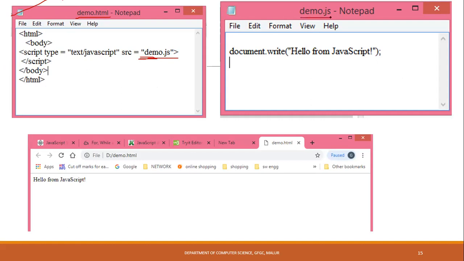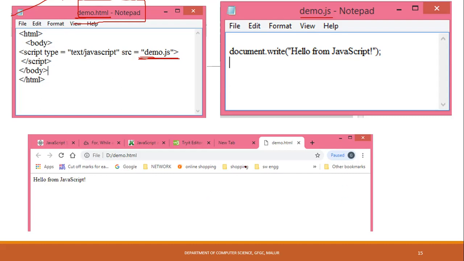Next, we'll move on to another notepad where we have created a file called demo.js. There is nothing else in it, we have directly just given document.write. Just now I told you document.write is the print or output statement in JavaScript. Hello from JavaScript. JavaScript cannot be run on its own. Understand, it is a scripting language, not a programming language. It cannot execute independently. So we will run only demo.html, you can't execute this file. But when you execute it, the system will search for a file called demo.js and you will get the output.